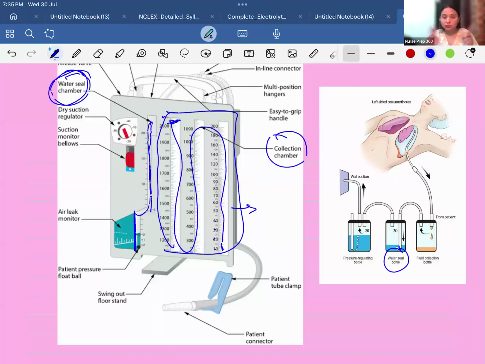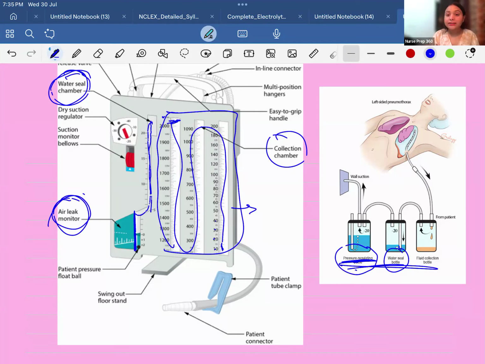They work the same, so they have the same purpose. Understood? Pressure regulating bottle. Can you see this patient pressure? You can call it pressure regulating, you can also call it air leak. So it prevents the air leak. It maintains the suction. Okay. So these three bottles have been compacted into a box which is called as